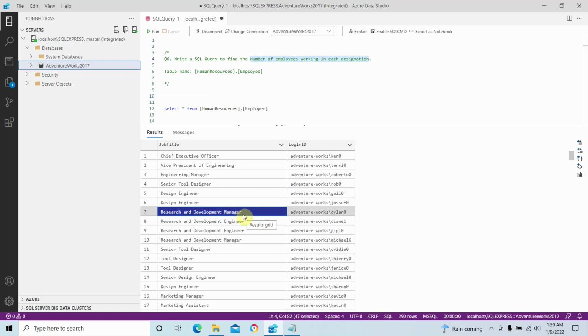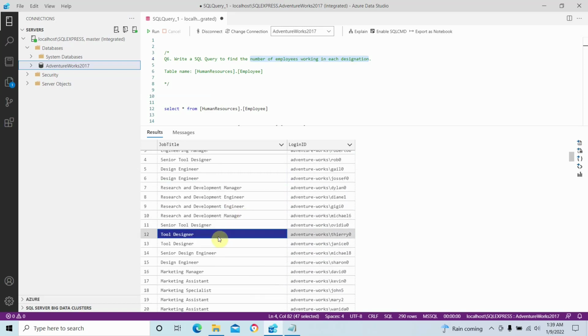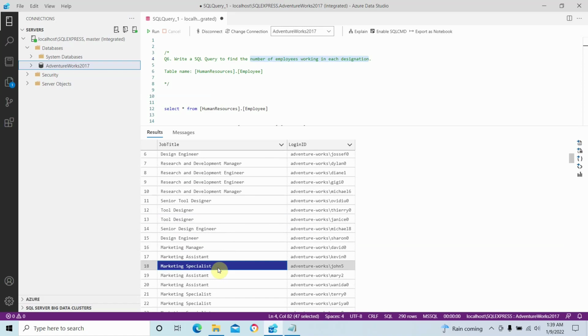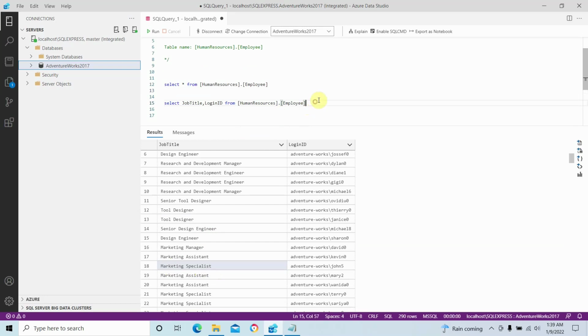Likewise, for each and every designation, we want to find, for example, if it is tool designer, how many employees there are under the tool designer designation. And if it is marketing specialist, we want to find how many employees are under this particular designation. So what we can do here is,